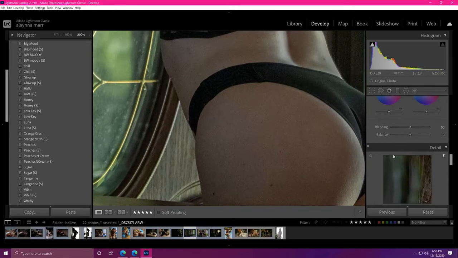So let me show you a before and after. And you could do more if you want. And honestly, if you do this,